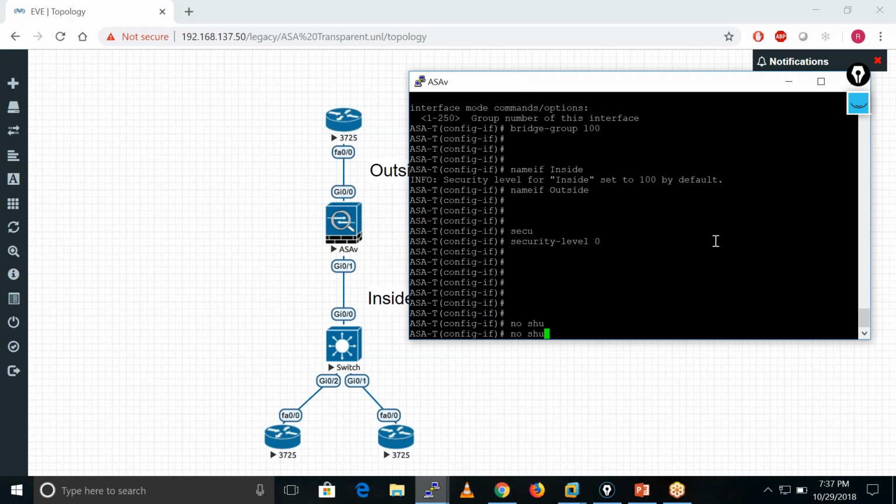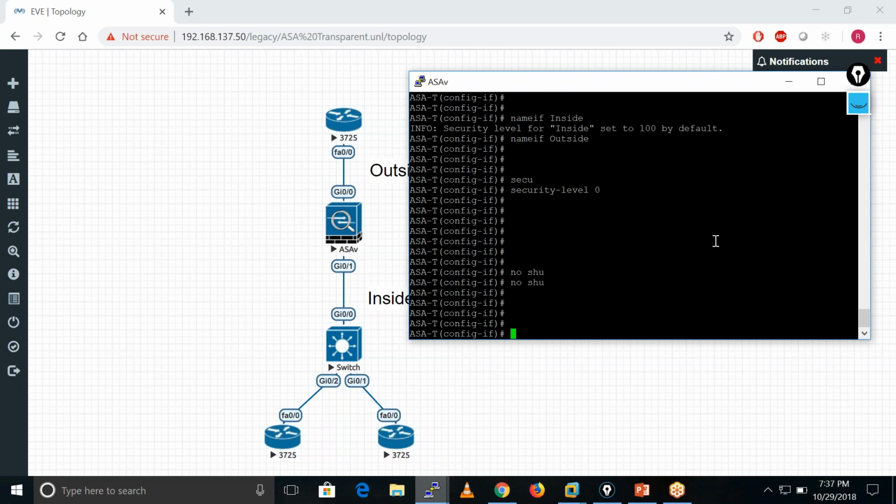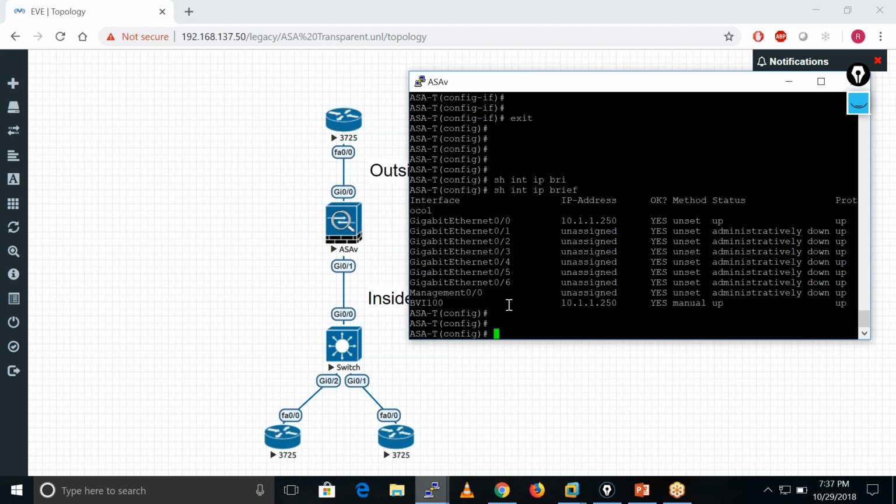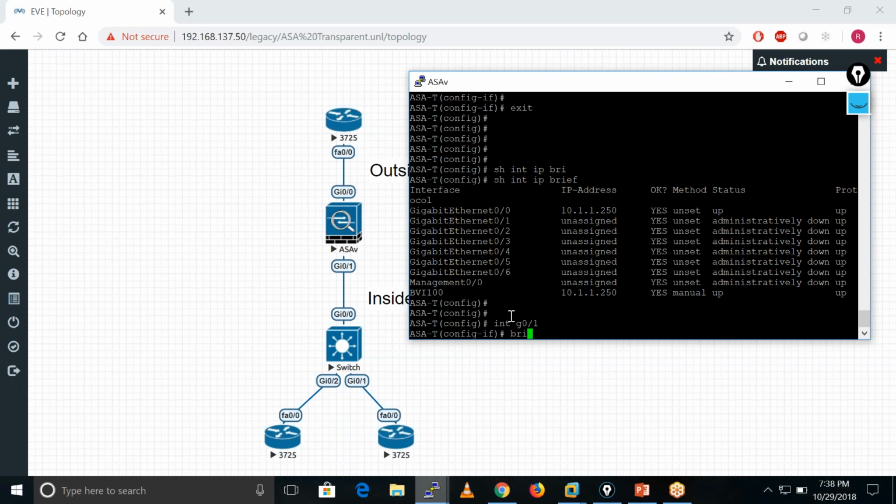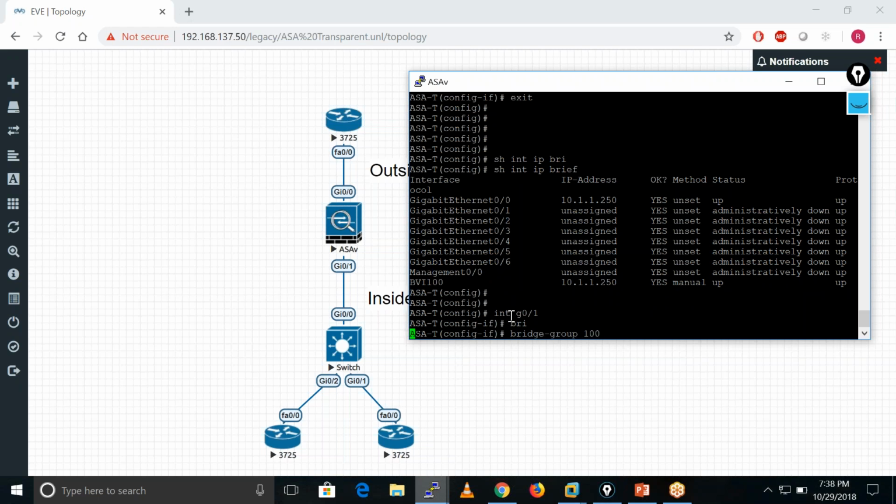I run this no shut command. Now, show interface ip brief. You are able to see I have 10.1.1.250 on my BVI interface, and this interface also has the same IP address, because this interface becomes a part of this BVI, bridge group 100. Now let me also configure my inside interface, which is Giga 0/1, bridge group 100.